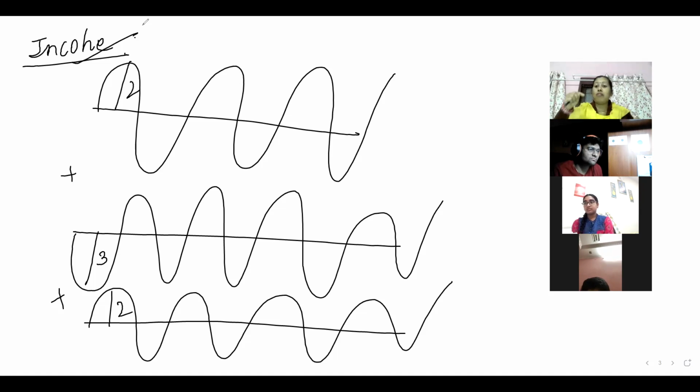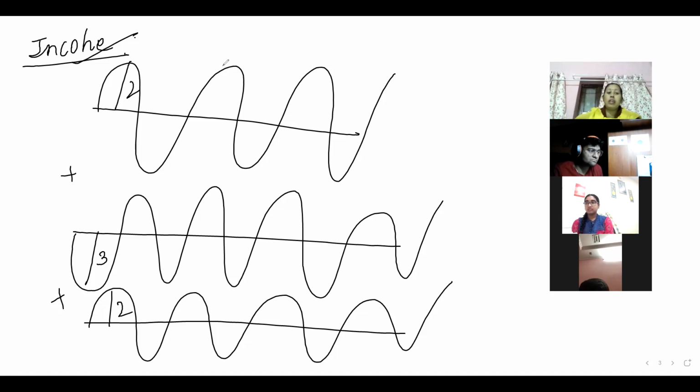And previously, the waves went up till here, but now it is going up only till here, because some of the wavefronts have cancelled each other because of the two wavefronts. Understood? That is the demo I am showing you.